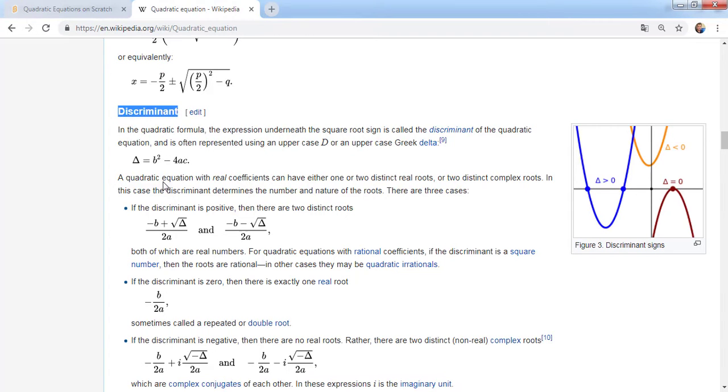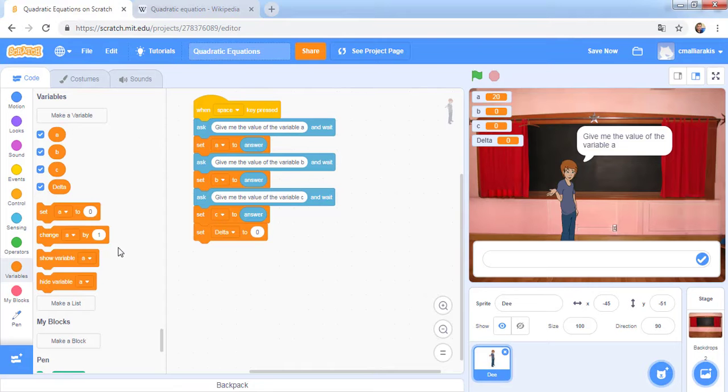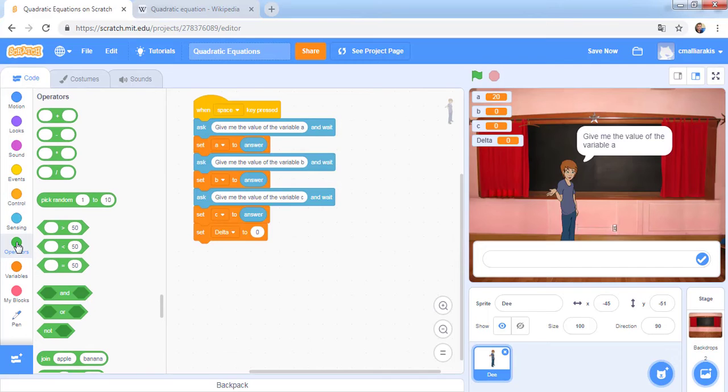As you can see, delta is equal to b squared minus 4 multiplied by a multiplied by c. So I will go to the operators, take the minus, take the multiplication,